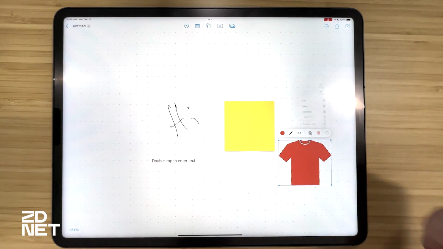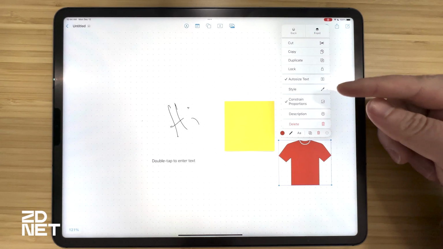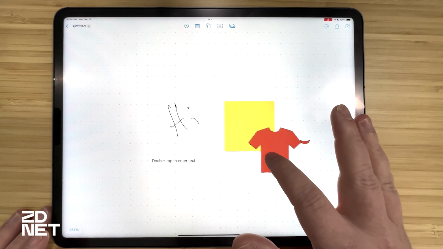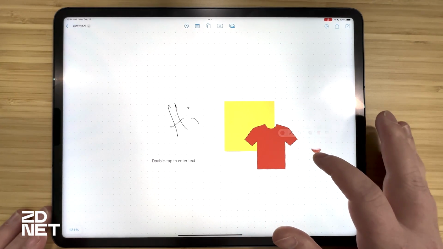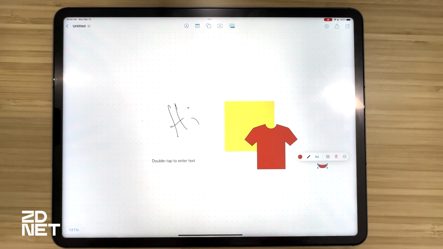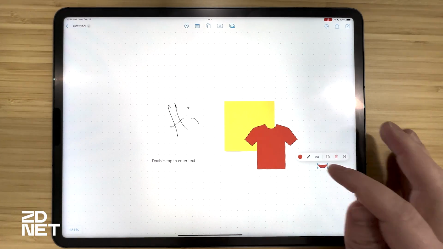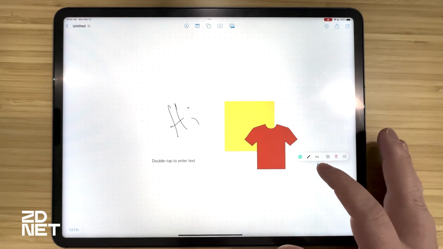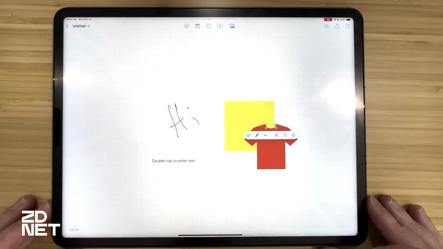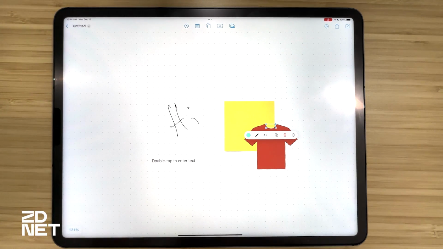So when you hit the three dot icon, you have some extra options there. You can add a description. You could cut it. You could move it so it's on a different layer. You could break apart the object or the shape so you have each different part of what makes that shape. Like for example, the collar here on the shirt broke apart from the t-shirt itself. You can make that a different color if you wanted to, put it somewhere else. You can get real creative with this, and as you can see, it's still hidden behind the sticky note instead of being on top like the